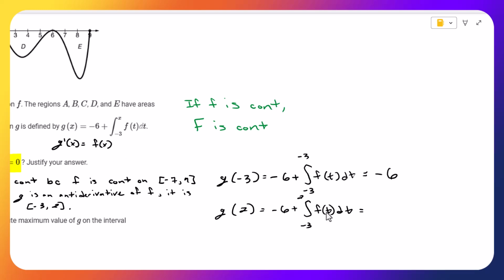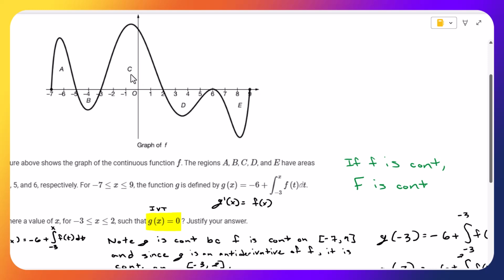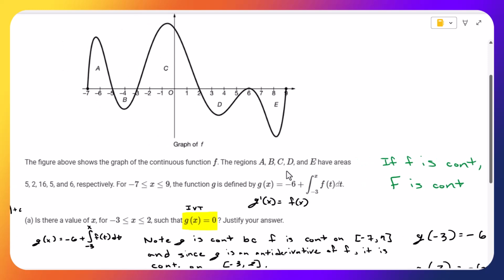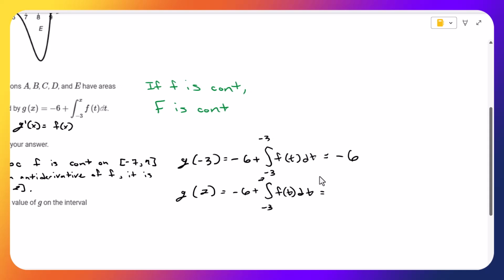And then from -3 to 2, that's from -3 to 2. This is part C. It tells us here the regions A, B, C, D, E have areas 5, 2, 16, 5, and 6 respectively. So A, B, C, C is an area of 16. So -6 plus 16 is +10. And so now,